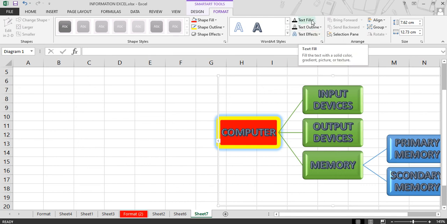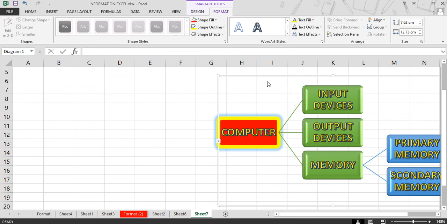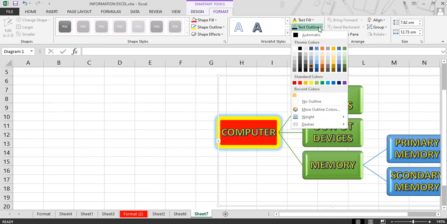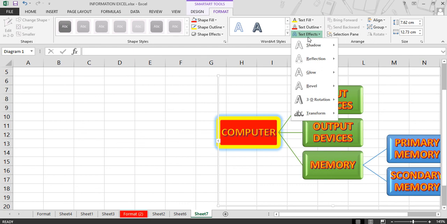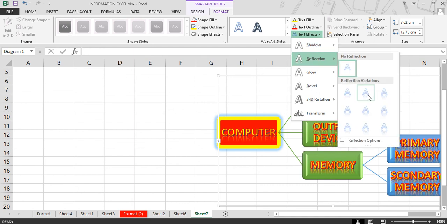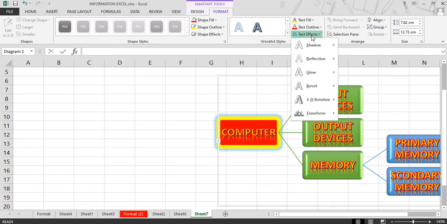Next option is text fill, to change the color of this text. Text outline, to change the outline color of this text. If you want to apply some text effect like a reflection, here we have reflection. So you can apply any effect according to your choice.